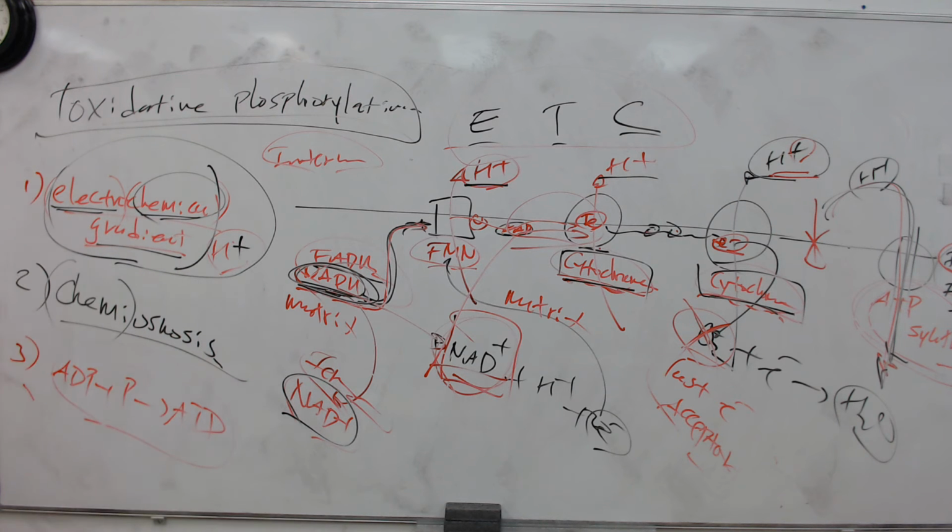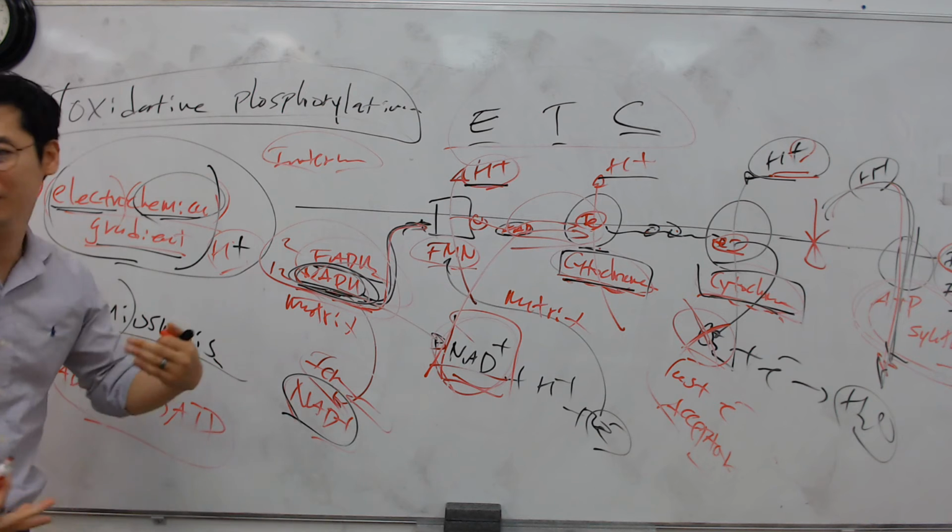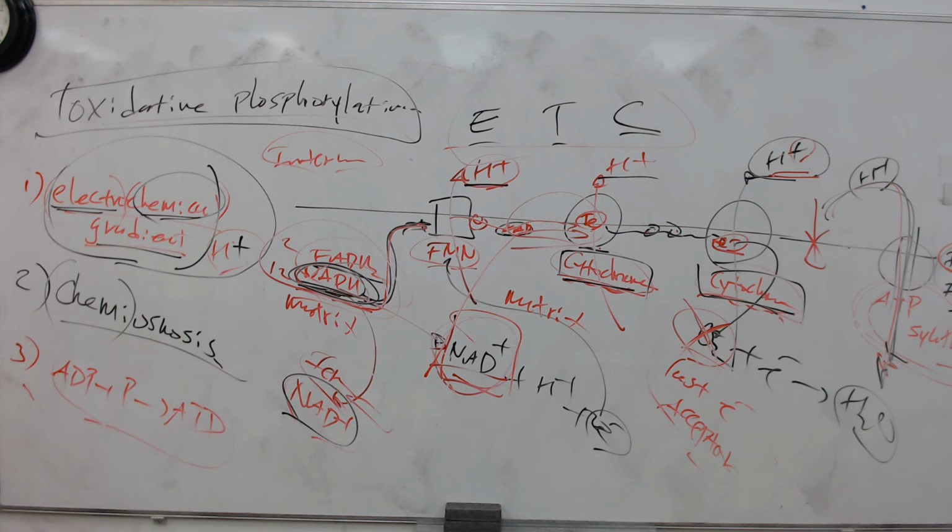And overall, guys, I don't know exactly the count here. You probably have like 12 of these, 2 of that, so you can kind of imagine how many ATPs you can produce. 2.5 for NADH and 1.5 for FADH2. So you have an understanding of how much ATP you can produce. They will never ask you how many you produce. They'll not ask that question, okay?